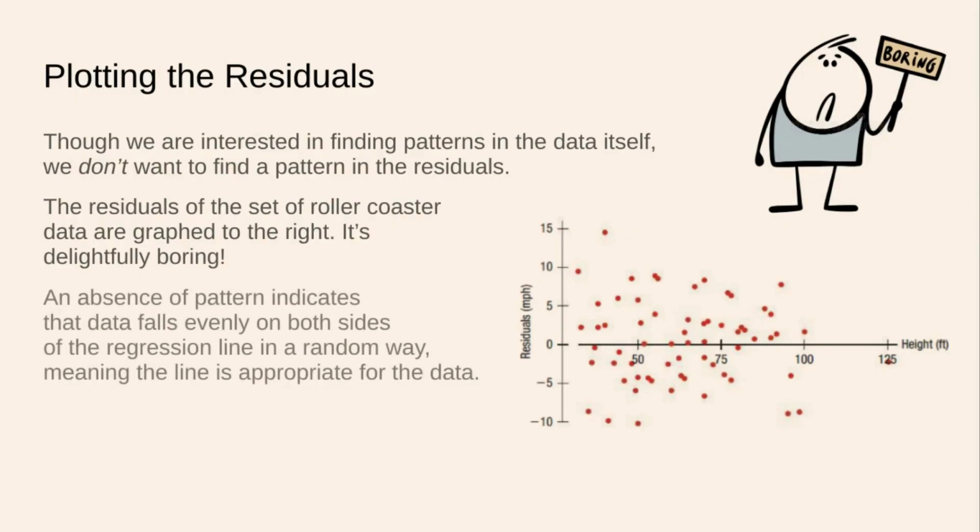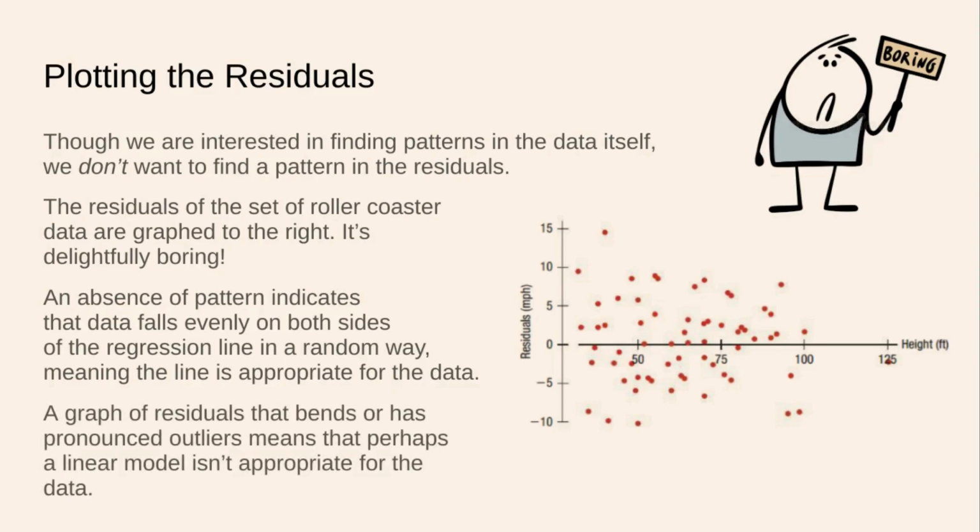Why is that? The absence of a pattern indicates that data fall evenly on both sides of the regression line in a chaotic way, meaning that a line is appropriate for the data. Okay, so the line we fit to the roller coaster data is reasonable. The residuals seem split half above and half below, and there's no pattern to them. A graph of residuals that bends or has pronounced outliers means that perhaps a linear model is not appropriate for